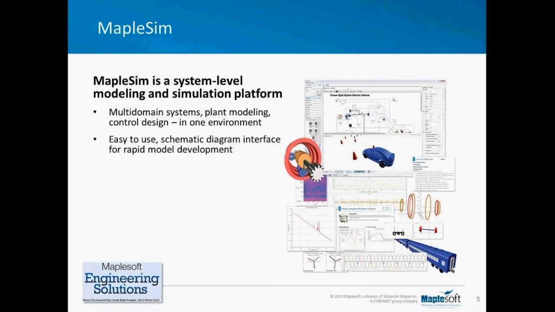We use a very easy-to-use schematic diagram type of user interface for allowing you to rapidly develop these models. It's an acausal representation that's been driven by various movements, but we are deeply involved in the Modelica association, and this is where much of the acausal representation has been driven. So essentially, it's a much easier way of being able to get plant models to work inside a simulation without having to go through